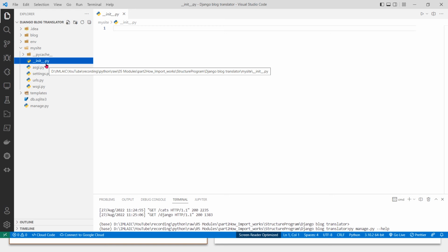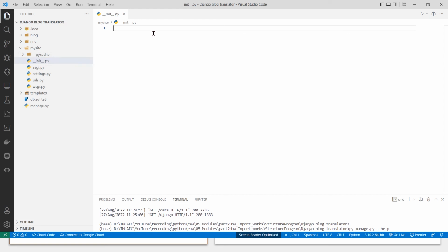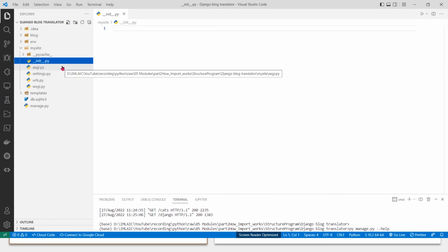When you execute those modules, it won't run, it will only provide the tool set. So that's why this init file is given. And if you write anything inside this init file, it will execute automatically, so you should not write anything there. Initially we have to create this project. This init file makes that folder a package, so that manage.py can access the modules inside